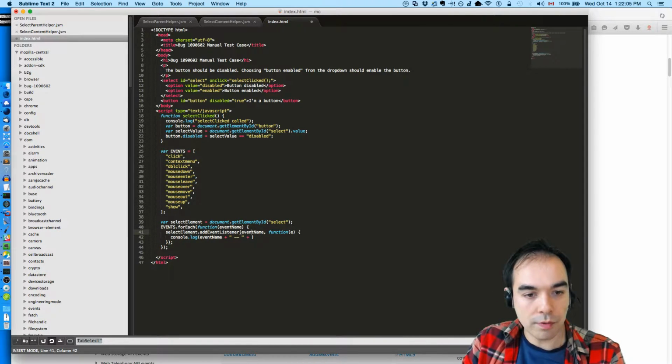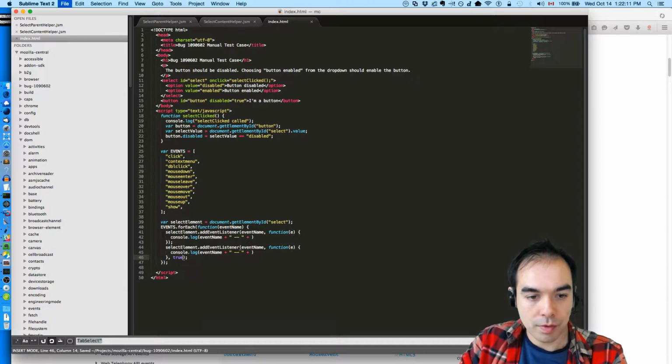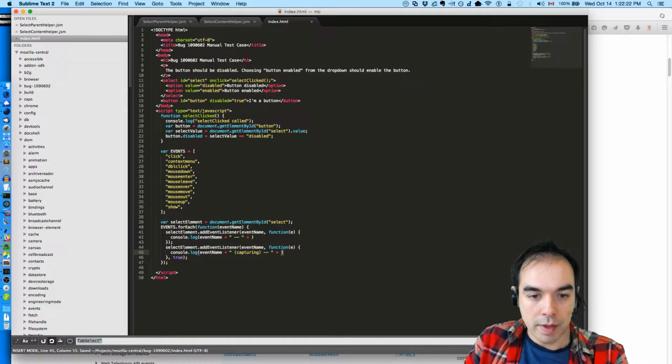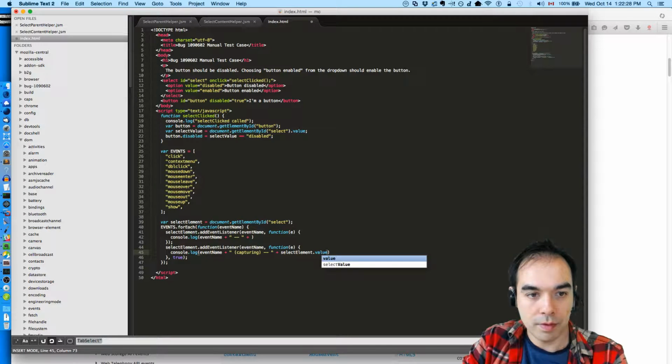You know what? We should also do it for both capturing and bubbling. So true. Or capturing, I should say. And then select element dot value.